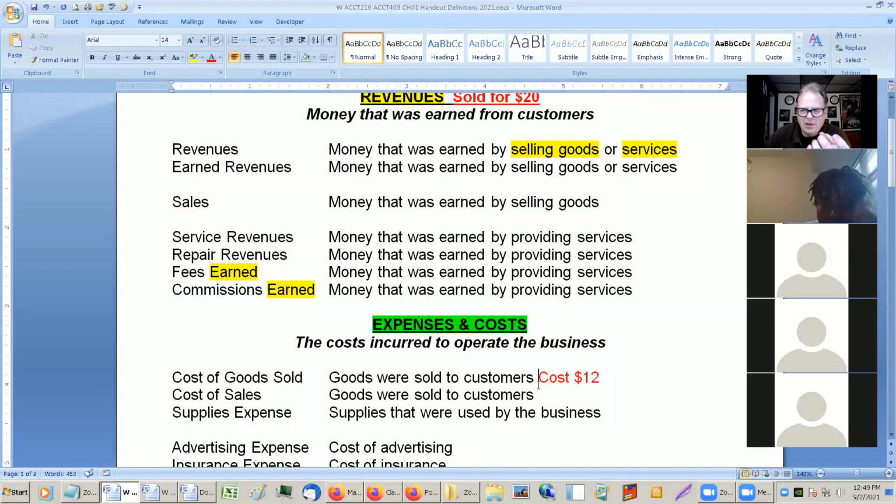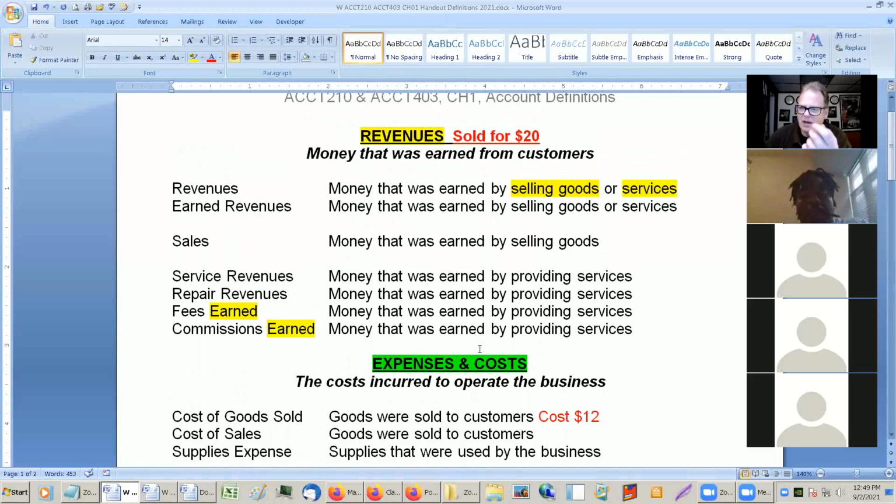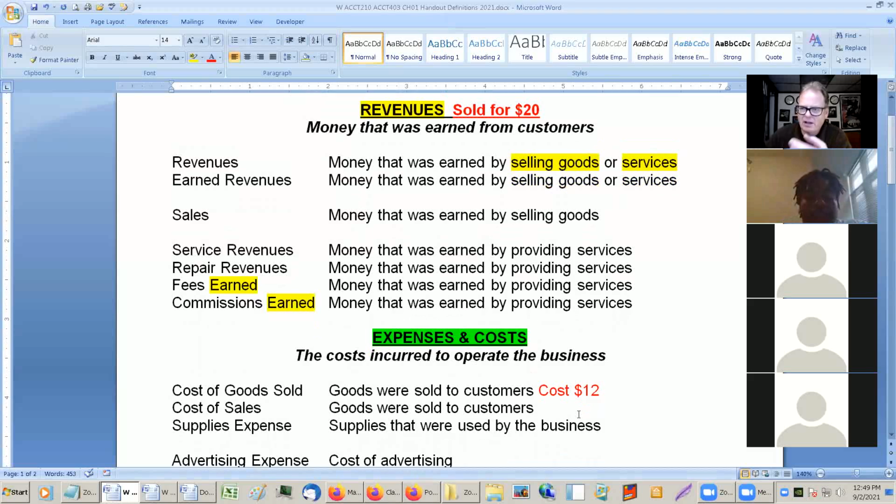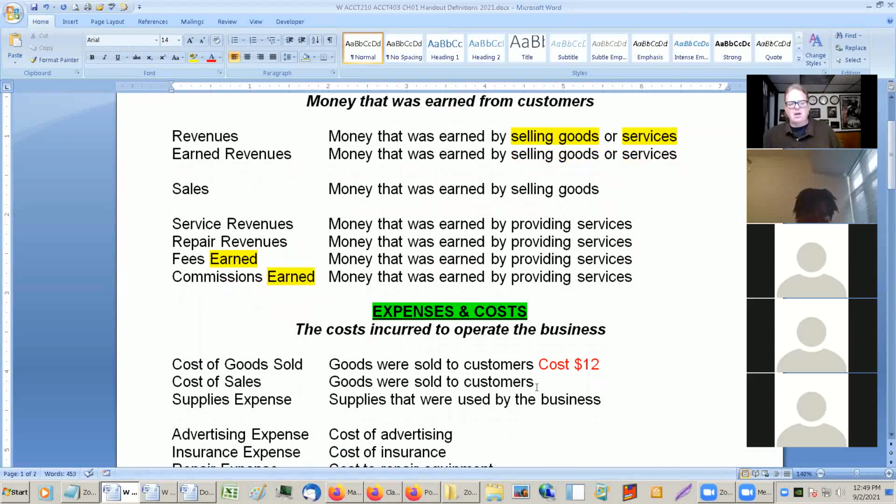Again, accounting is almost like a language, kind of formally putting into words something that's intuitive. I didn't have to tell anybody in here that if you buy something for $12 and you sell it for $20, you made $8. You guys knew that before you ever came in here. This is just a way of standardizing how we account for it. So the goods that are actually leaving the place will be whatever we paid for.